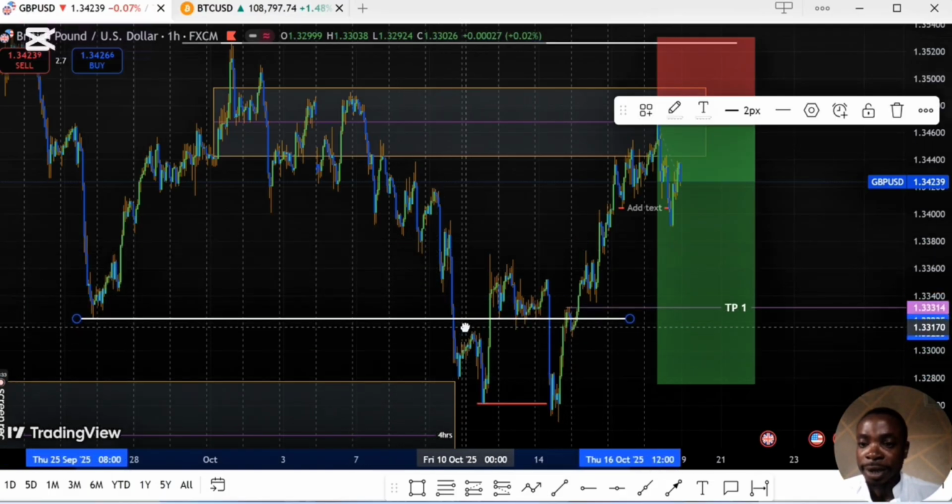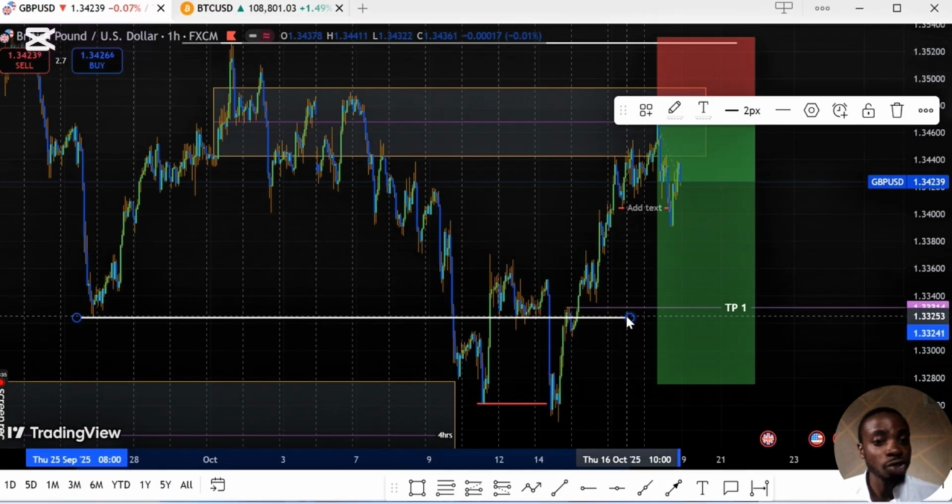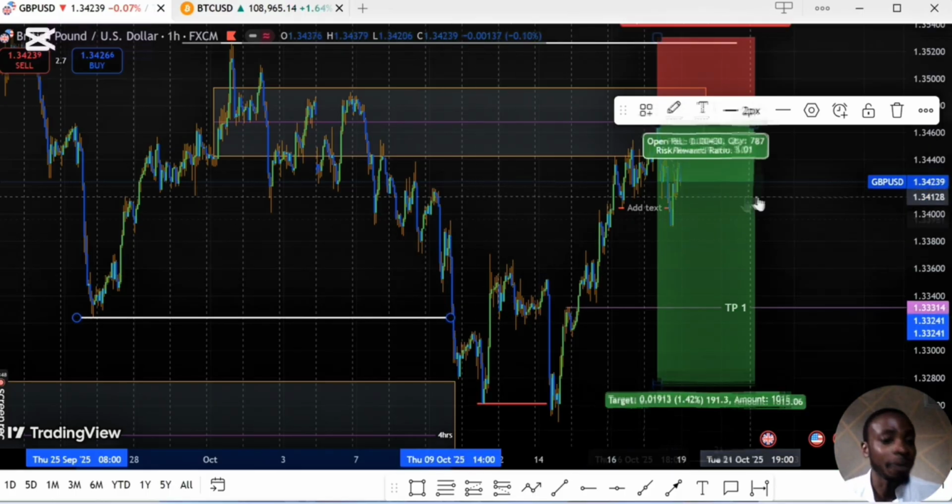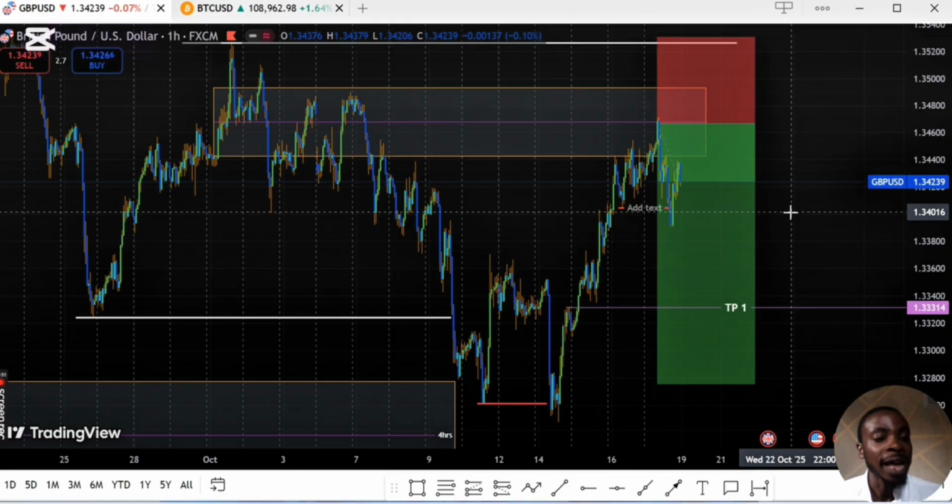On the 4 hours, it gave me a bearish engulfing candle, a very strong one. All I need to see is an engulfing candle at my golden zone. Once I see an engulfing candle at my golden zone, does it concern me if it breaks structure? Does it break structure? I go in. That is my confirmation. Engulfing candle, evening star, change of character, those are confirmations.